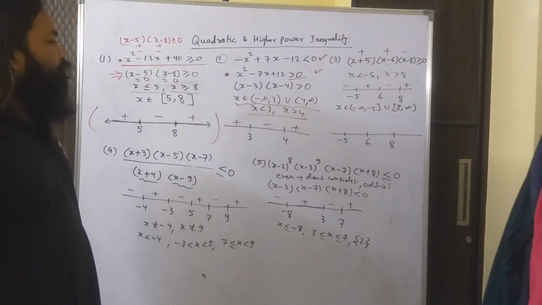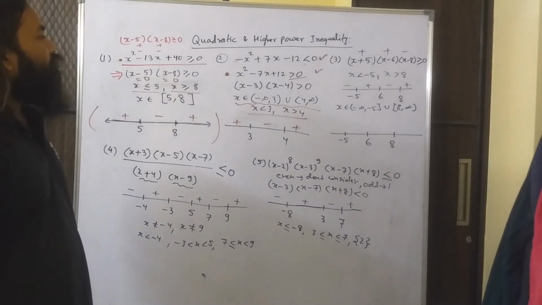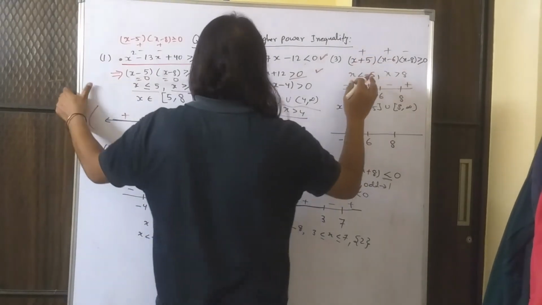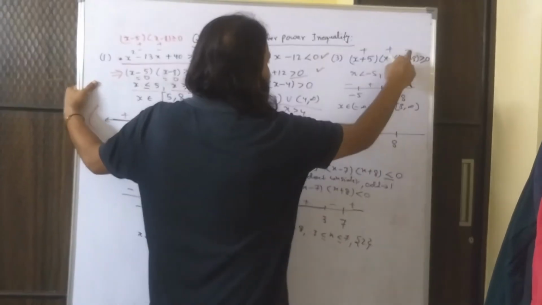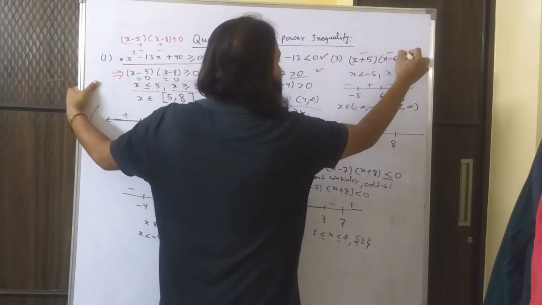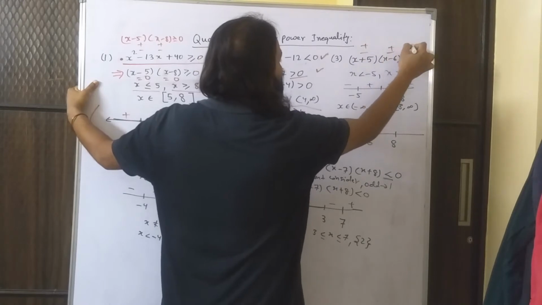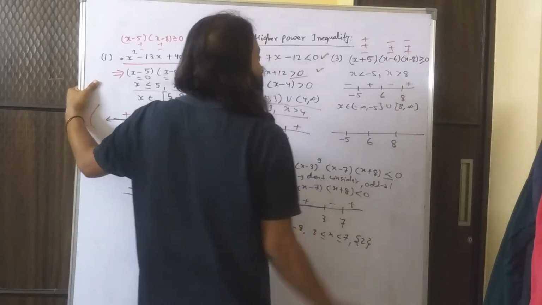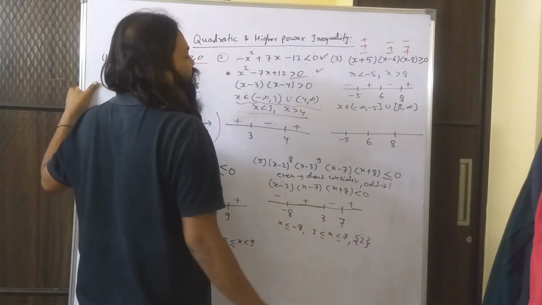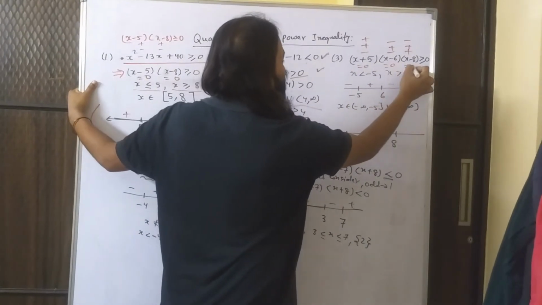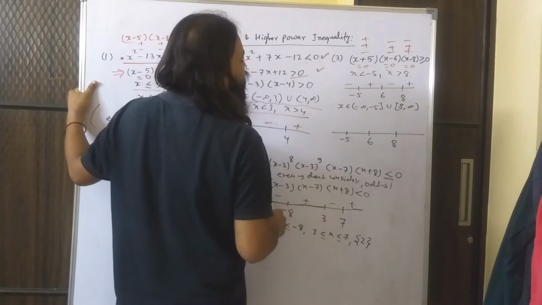Now let us see quickly the other 3 questions also, which may look difficult, but it is exactly the same. The method is not going to change at all. Now suppose I have 3 brackets. Then I may need to take so many cases, like minus, minus, plus, or plus, plus, plus, or plus, minus, minus. So to avoid that situation, again take it in a number line, equate each bracket to 0. So you get x equal to -5, 6 and 8.